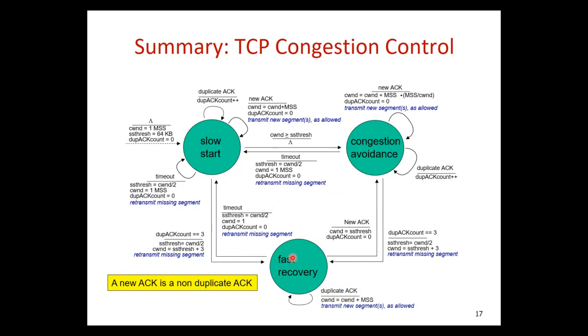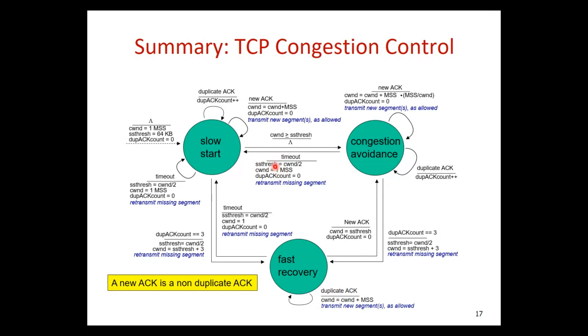So the key points about this FSM is that no matter what state you are in, if you have a timeout, go to slow start. Here, if there's a timeout, go to slow start. Here, if there's a timeout, go to slow start, reset CWND to 1 MSS, reset the duplicate ACK counter, and